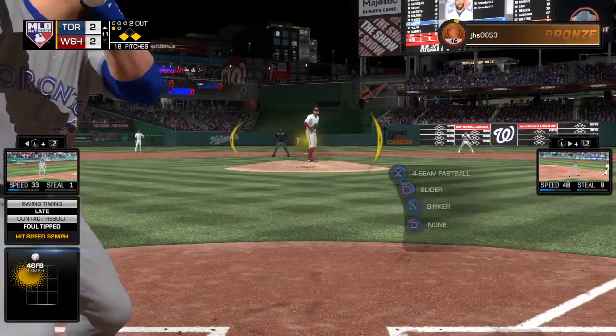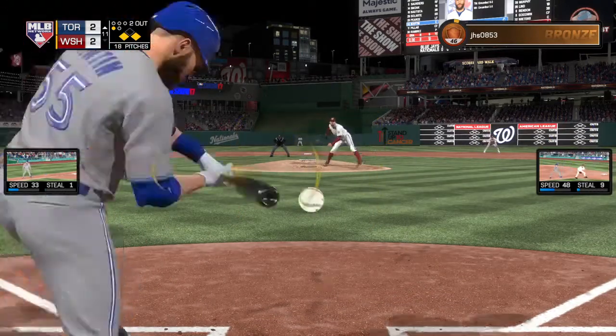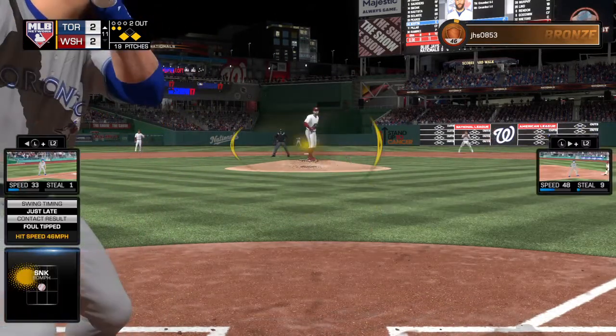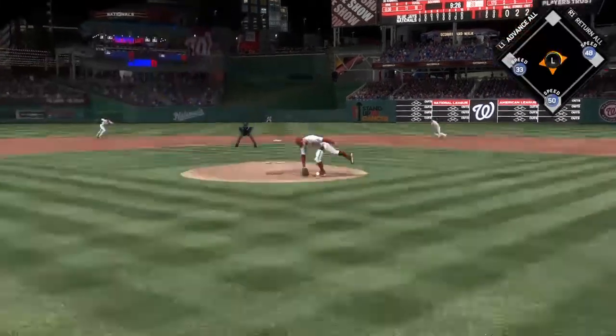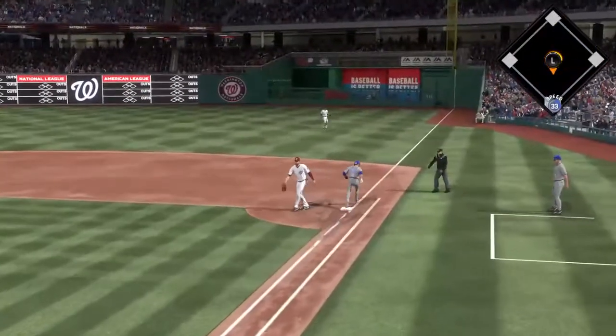And this is fouled back and out of play. The 0-1. Chop foul at the plate here, and it's 0-2. Now the 0-2 pitch. And a great job to stick with it as he's able to make